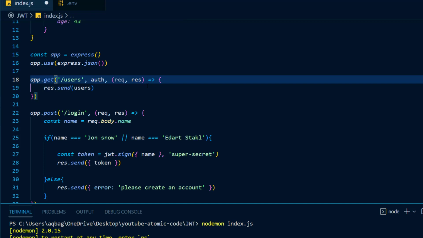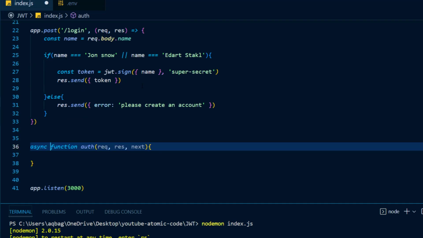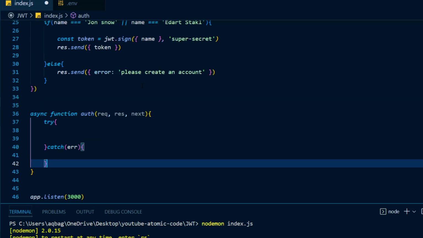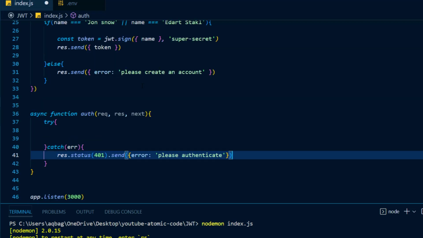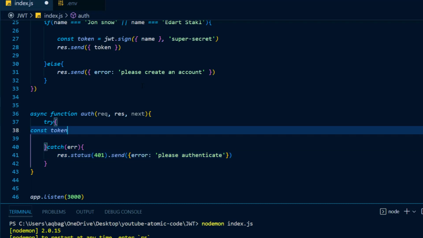However, middleware is just a function that is going to run before the request is sent out. Now inside of my auth middleware function, I'm going to open up a try-catch block, and if any error occurs, then I want to send out a status code of 401 indicating that the request does not have a token in it. And now inside of my try block, I'm going to create a constant called token and set that equal to